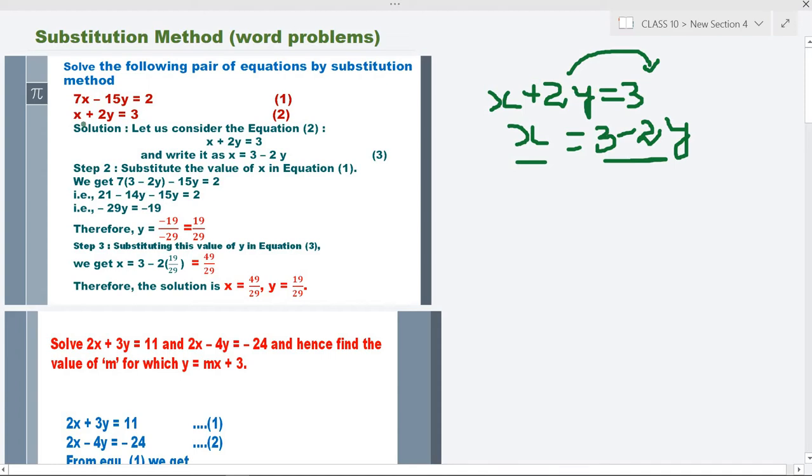Now the question will arise, why so? So remember that we took the value of x from equation 2. From whichever equation we are taking the value, we will not replace it in the same equation. Why? Otherwise, we will not get any result. We will again arrive at 3 and the sum will not proceed.